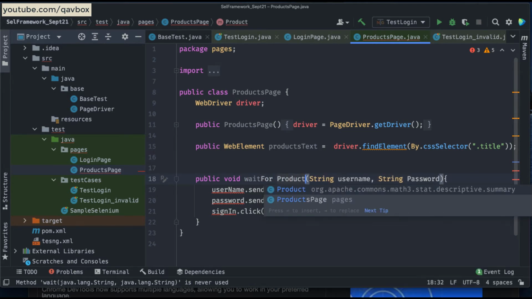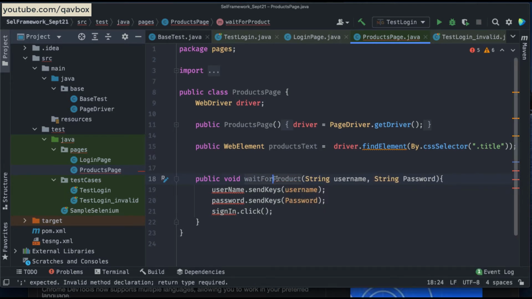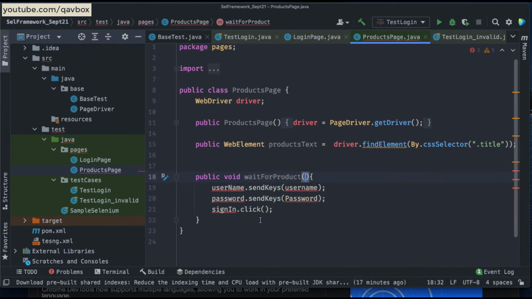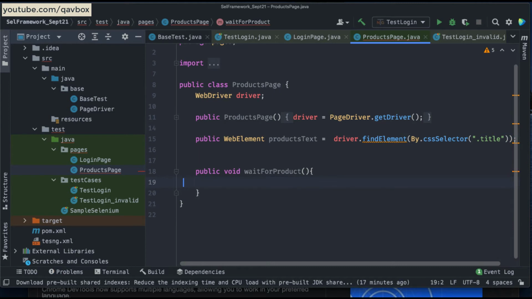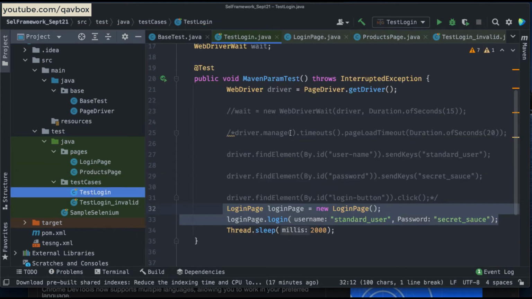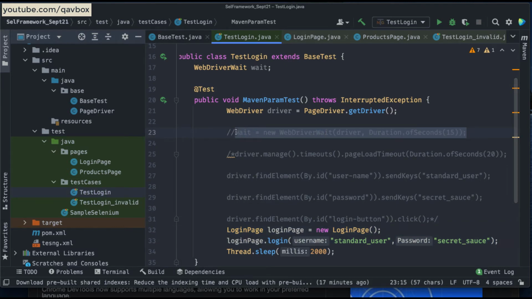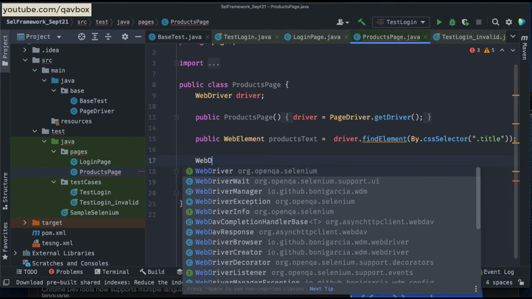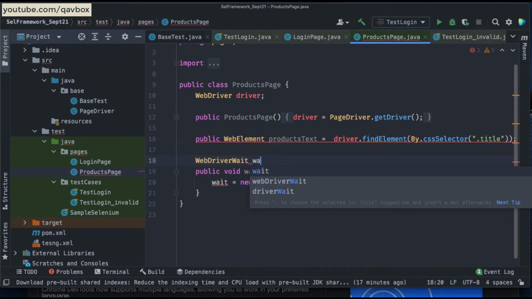See, after login you need to verify whether it is logged in successfully or not. So in that case you can create a method, and then here you can write the logic to wait for that particular element. Let me write everything here quickly. Here I will say WebDriver wait, and then wait.